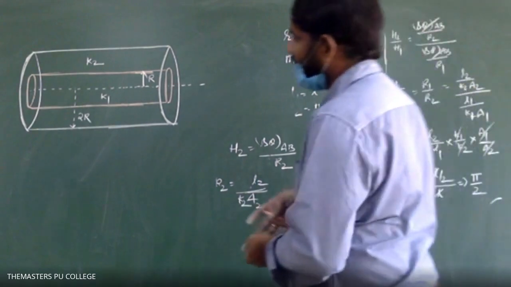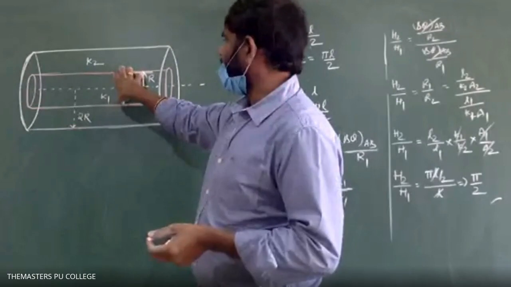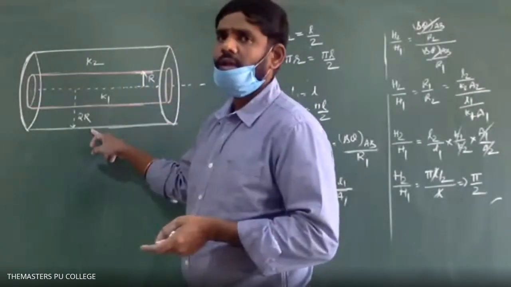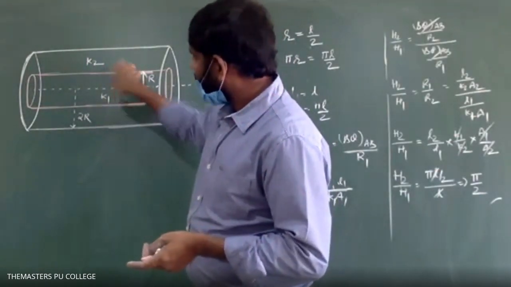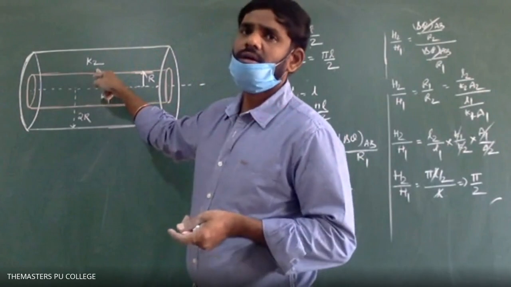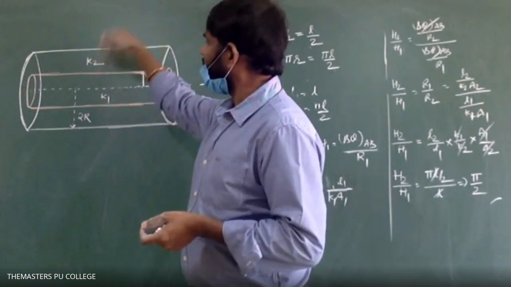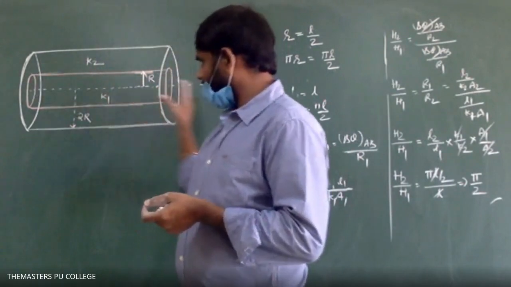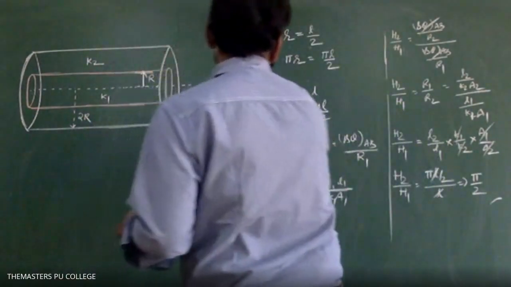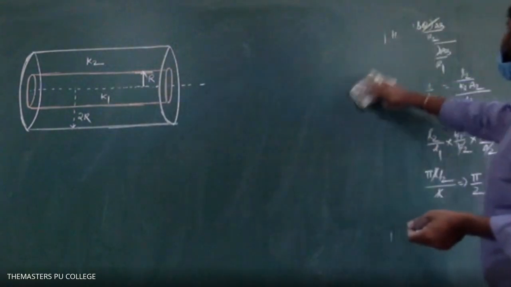What it means, I think you know, this is a cylindrical surface. Inside, one cylindrical surface is there, which is surrounded by another cylindrical surface whose inner radius is r and outer radius is 2r. Hence, this is one material whose thermal conductivity is K1, which is surrounded by another material whose thermal conductivity is K2. Now, there is no flow of heat across the cylindrical surface. Heat will flow along the axis of the cylinder. Then what will be the equivalent thermal conductivity? They are asking this. We find this thermal conductivity by comparing with an equivalent rod.